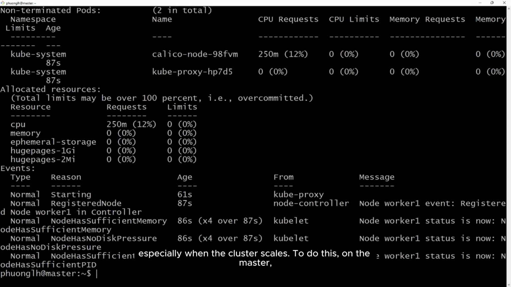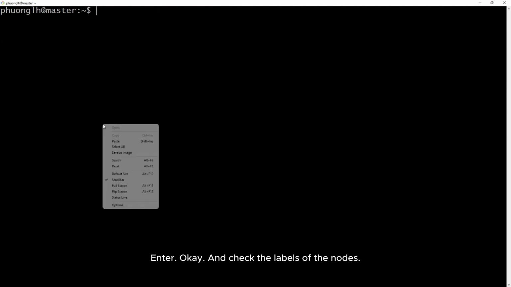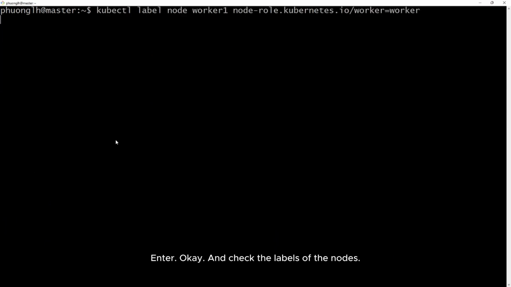To do this on the master, run the label command to assign the worker role to the worker node. Enter. Okay, and check the labels of the nodes.